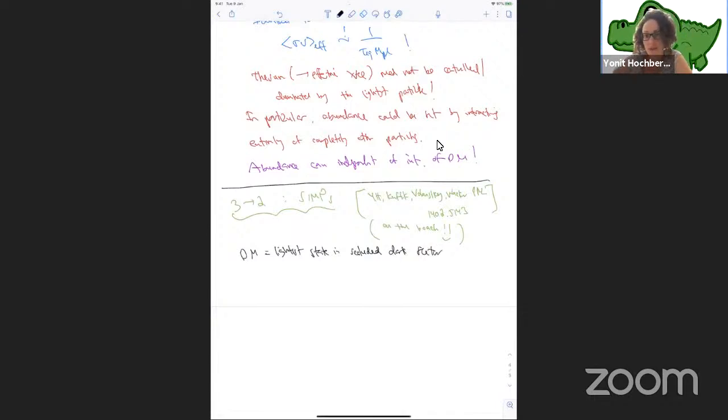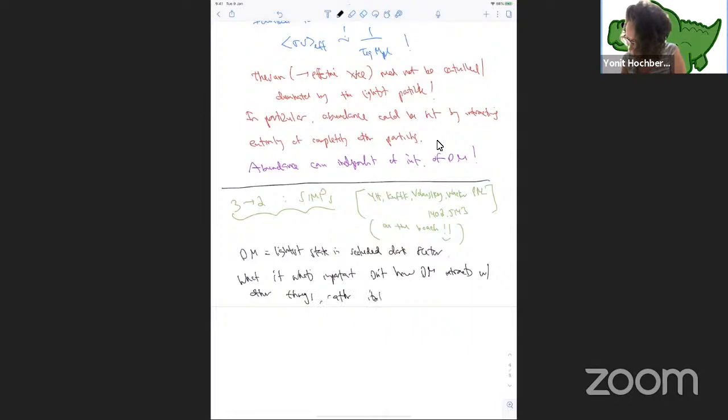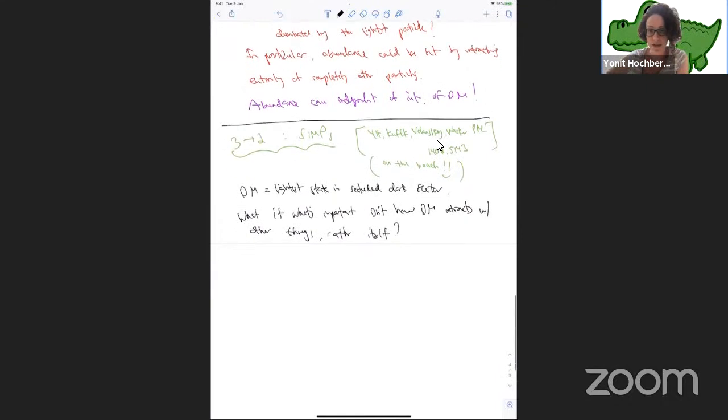Okay. So let me forget for a second. Until now, we talked about how dark matter was interacting with other stuff. Let me for a second ask the question, what if what's important is not how dark matter interacts with other things, but how it interacts with itself? Okay? So in this case, the first process you might think of going to is looking at a 2